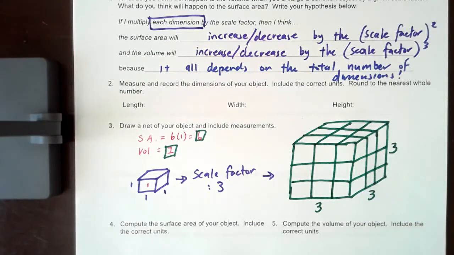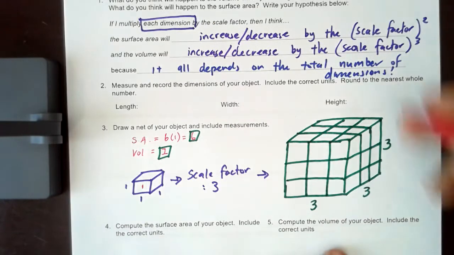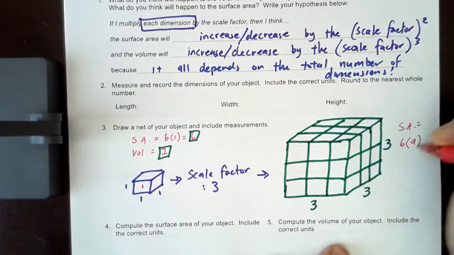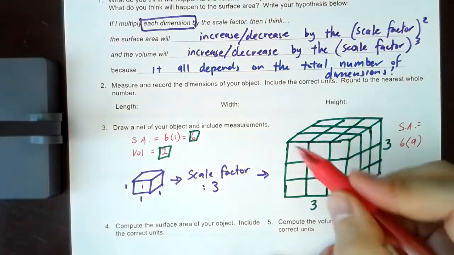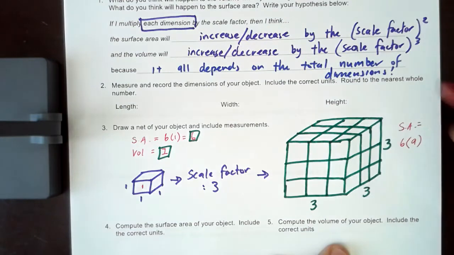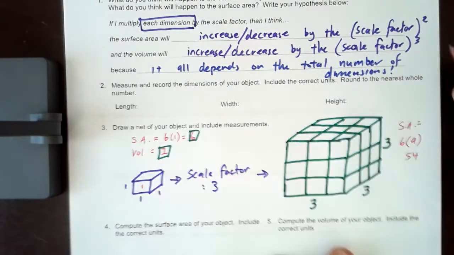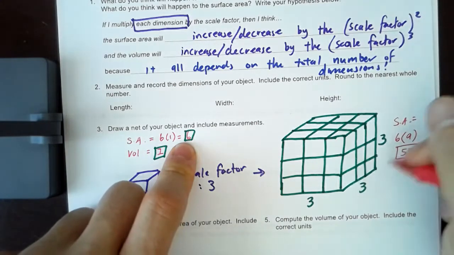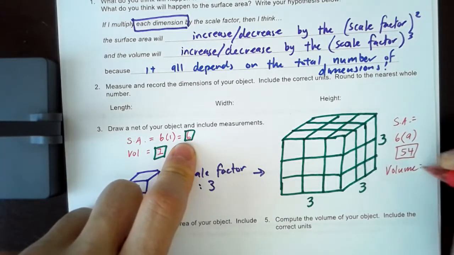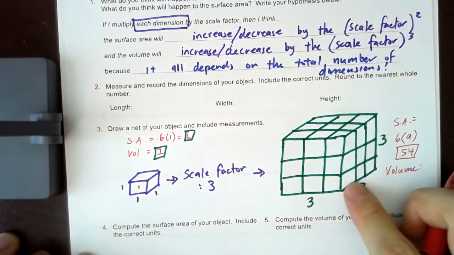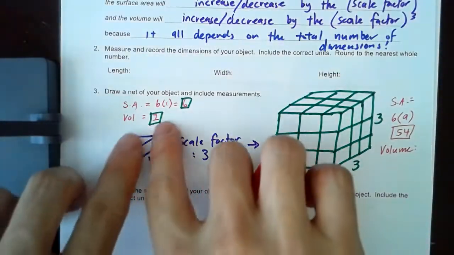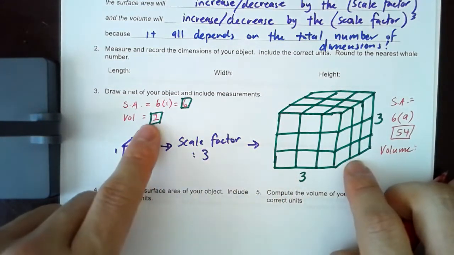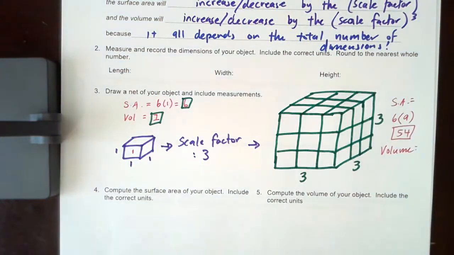But you'll see that the surface area is actually 6 times 9, which is because there are 6 faces of 3 times 3, and that's 54. And that's actually 9 times bigger, right? But the volume is the key here, because now the volume of this cube is not just 3 times bigger than this volume. The volume of this cube is not just 9 times bigger than this volume, because that means